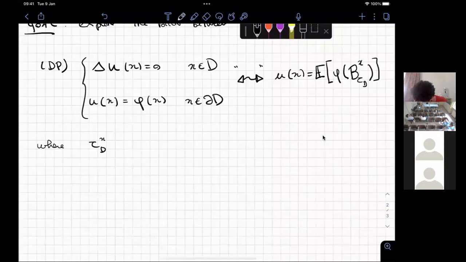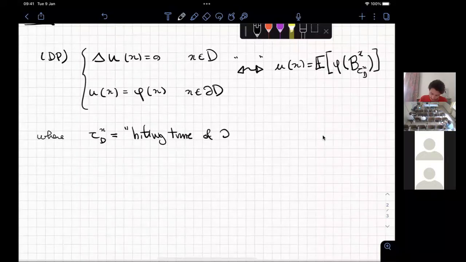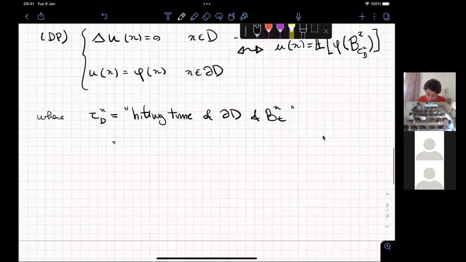So I will just do it once and then I will drop the notation. So tau_x^D is the hitting time of the boundary of D of the x, which mathematically can be written as the infimum over the t positive,